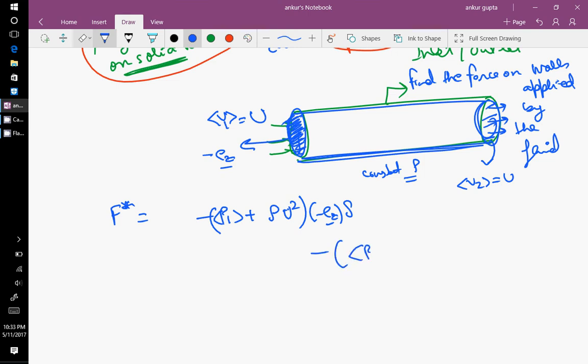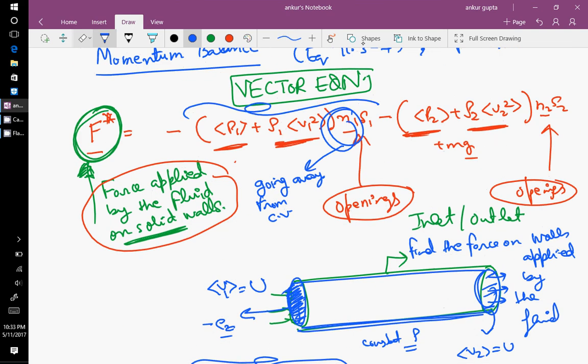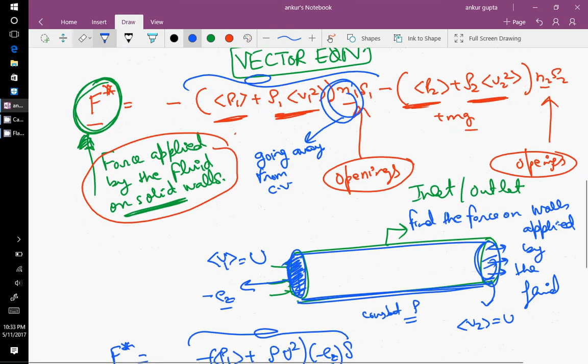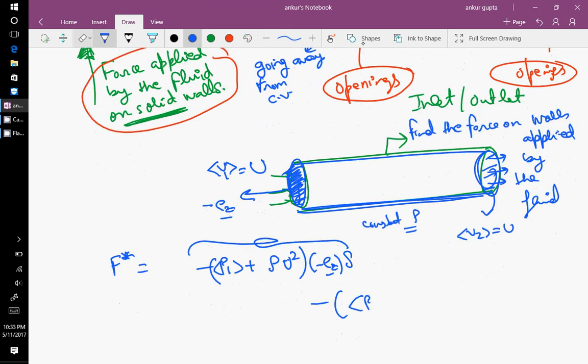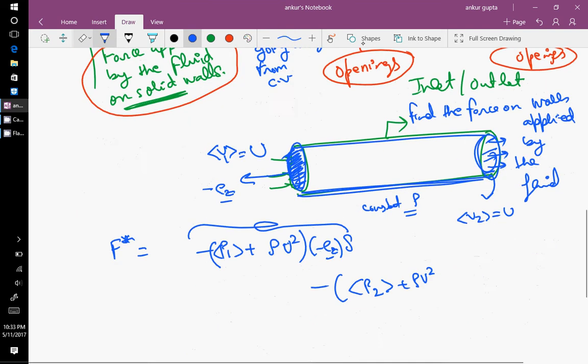So this part that I have written is the same as this part, which is minus pressure plus rho u square into normal into S. Minus P2 plus rho u square, because I have taken the pressure here at the outlet, and then rho u square, rho is constant and V2 is equal to u, because of the equation of continuity or the mass balance, into the normal